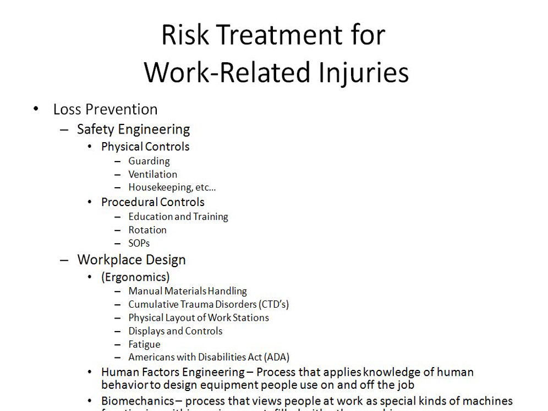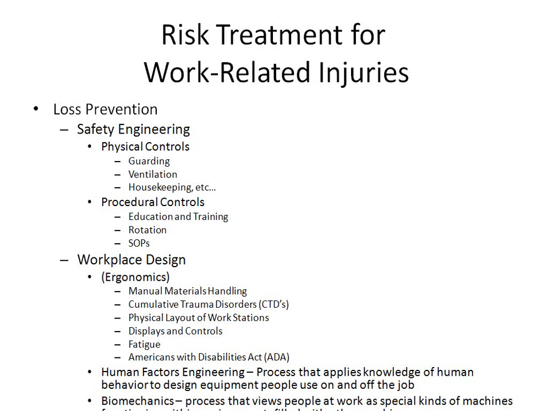We're going to talk about a couple of different things here. This whole section is about 3 or 4 pages, and I'm going to go through these fairly quickly. This is where the challenge is, when we talk about safety engineering, or what people may consider to be common sense. From a loss prevention standpoint, we're looking at 2 specific aspects: safety engineering and workplace design. Safety engineering is really the physical controls and the procedural controls we may put into place. Physical controls include putting guarding on machinery, or even putting guardrails on an elevated location. That would be safety engineering.